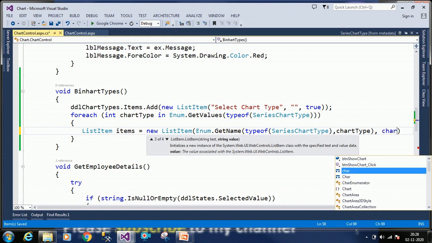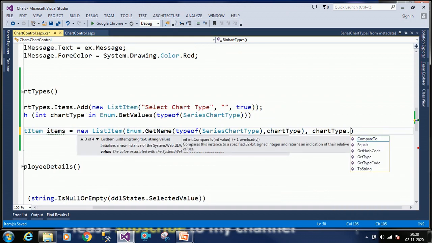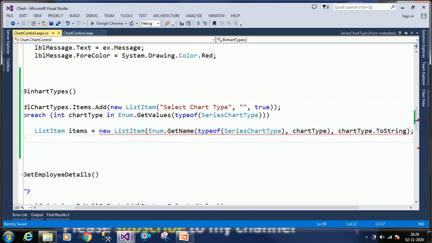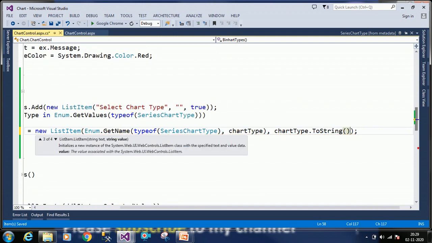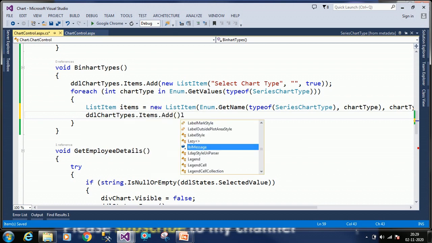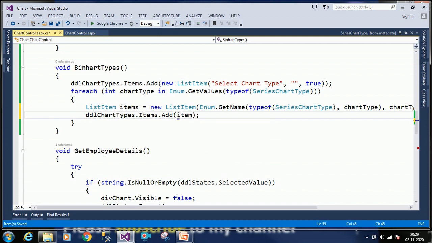Then chartType.ToString. Here we will get the name. Here we have not closed the bracket. Okay. Finally we have to add items to the drop down list. Items dot add. So we have to add the items here. That's it.